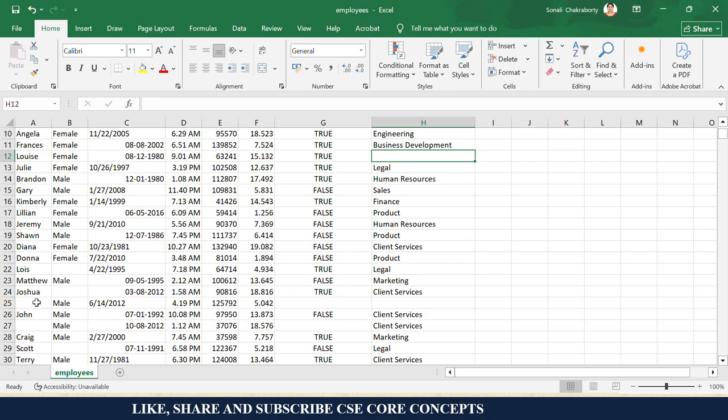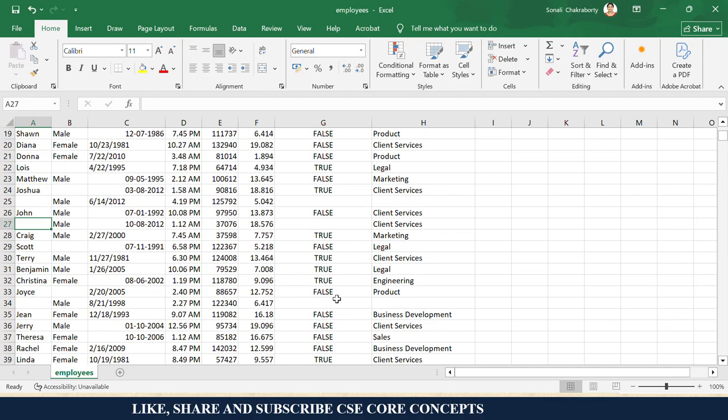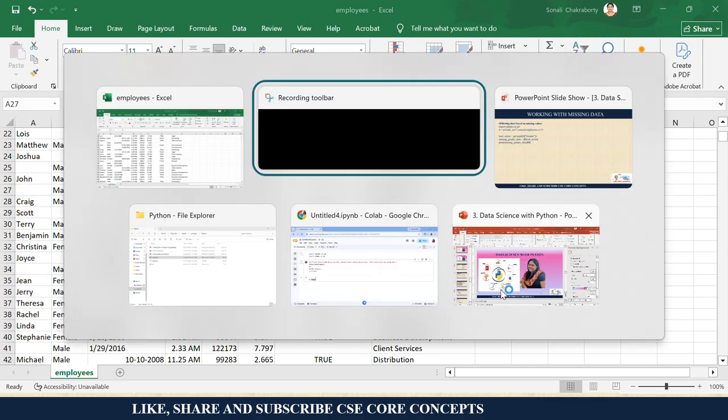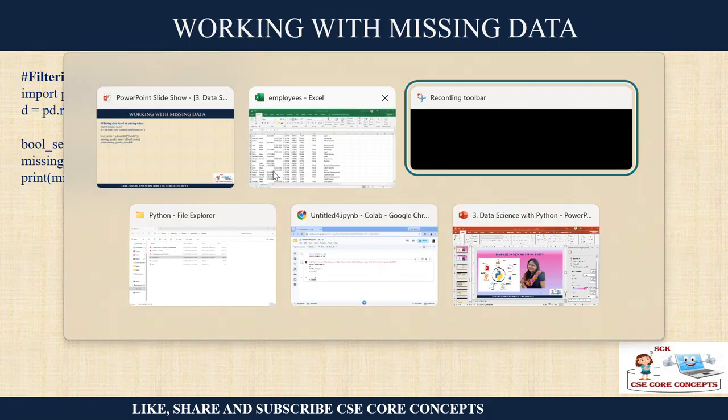So this happens. Here is some person whose name is missing. Again, this person's name is missing. He is in client services, right? So there are certain missing values over here. So if you want to check isnull on gender, if you want to see missing values in a certain column, then you can add it, right?